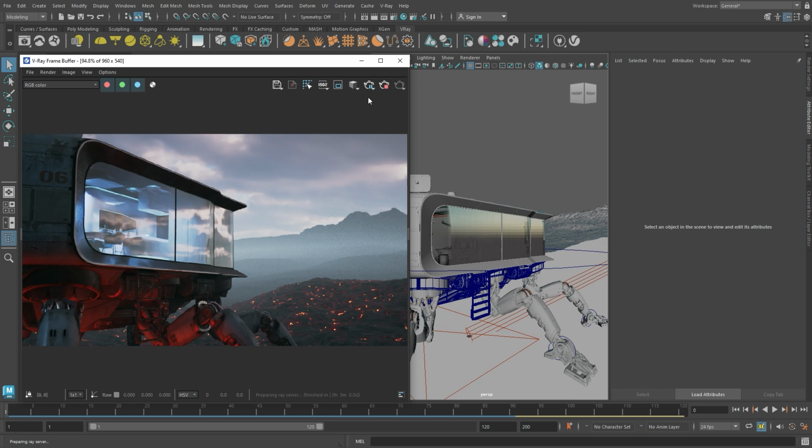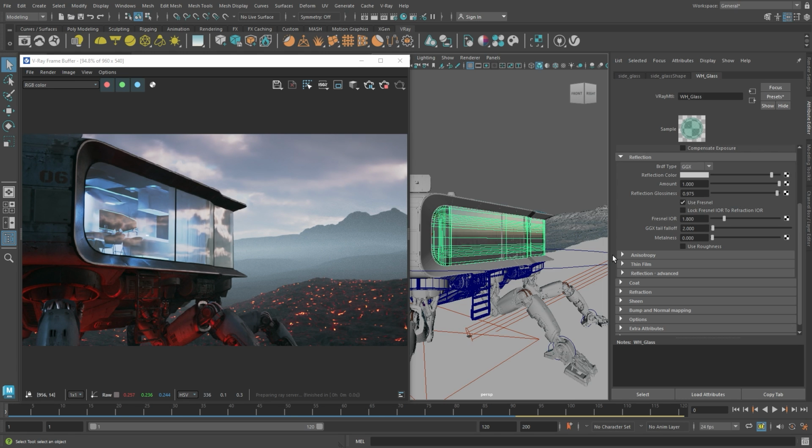To make glass interesting, we need to use its main functionalities to our advantage. The main properties of glass are reflectivity and refractivity. To make our glass more interesting, we'll use the thin film option, which allows you to create shaders like soap bubbles or oil spills. It does that by offsetting the reflection color based on the surface angle.